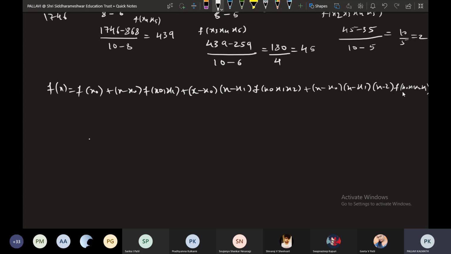Then plus x minus x naught, x minus x1, x minus x2 into